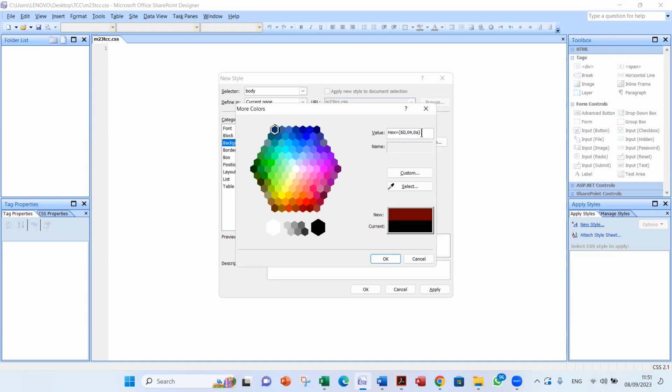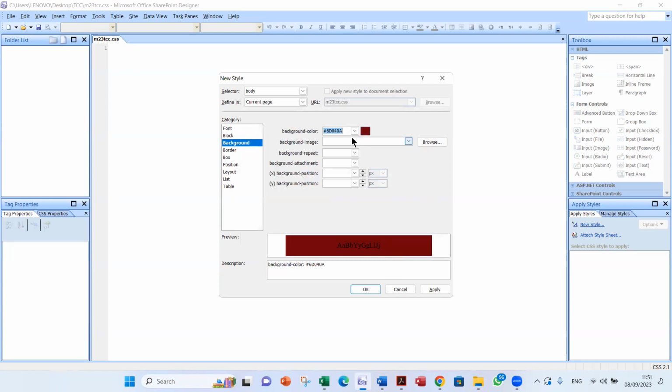Okay, so the hex 6D, this is the red, 04, this is the green, 2A, and this is the blue. 2A is a hexadecimal number. Click OK. See, the code is written here, hash 6D042A. This is the hexadecimal color code required.